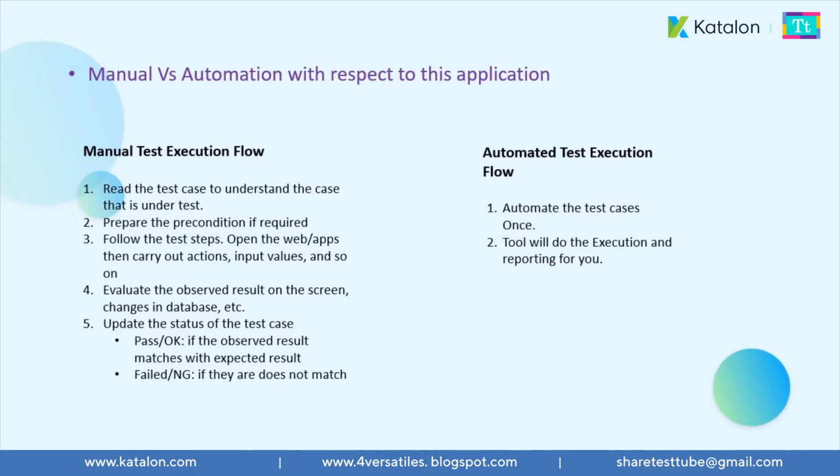Now let us come to the automation test execution flow. Here what you do is you automate those 6 test cases once. That is one step, and afterwards for every iteration you just run them. So execution is automatic, validating the results is automatic, uploading the status is automatic, so everything is automated. This is the advantage of automating the test cases, and you are going to gain this advantage over the next releases. If not on the first release, for the first release you have to spend some time to automate the 6 test cases, but you're going to get the results after every other release.